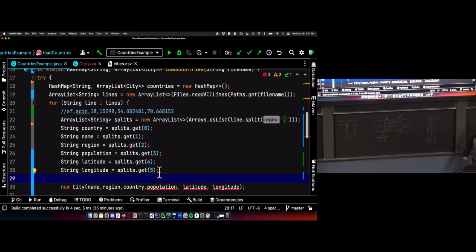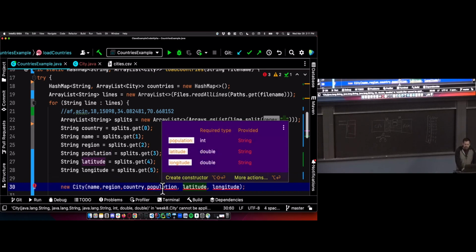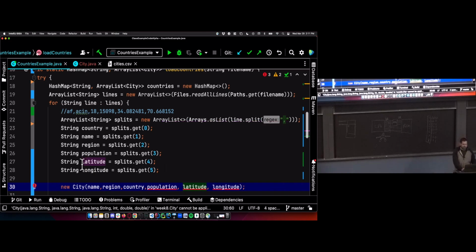We expect these. So we get errors because we read population, latitude, and longitude as strings, but population, latitude, and longitude are an int and two doubles. So we need to convert these into the right types. I need a string. I need an int, double, double, but I gave string, string, string. So as we saw last time, we're going to convert these to the right values